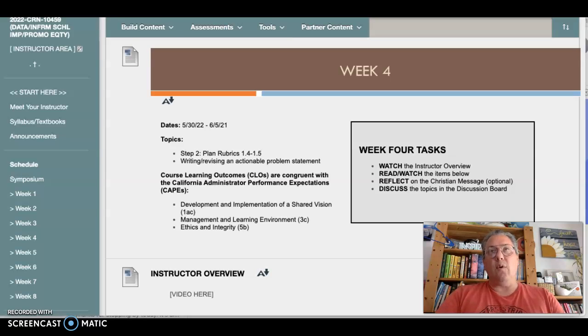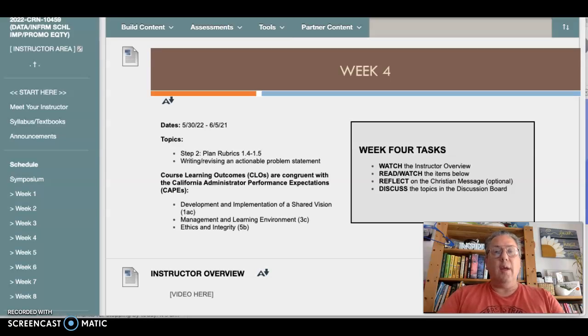Now, looking into week 4, first of all, congratulations on submitting step 1 of your cycle for investigating. Know that I will be looking through that within this week to give you feedback. Please remember to check the comments as well as the little bubbles on your paper, so you can get the feedback in both places if they happen to be there.